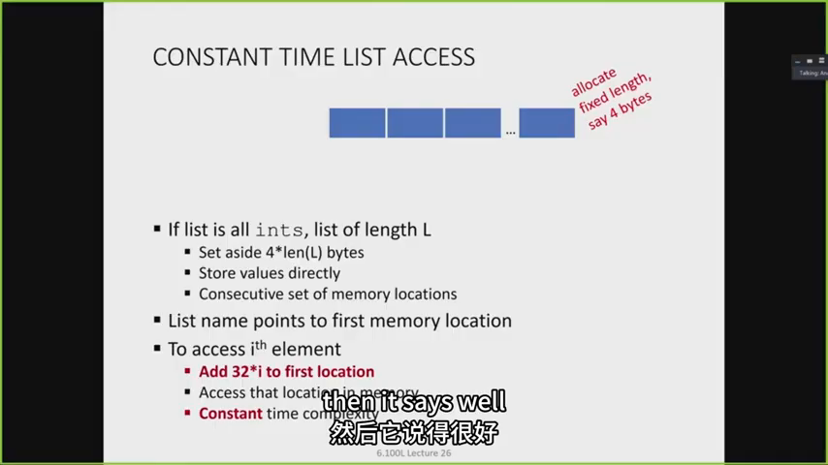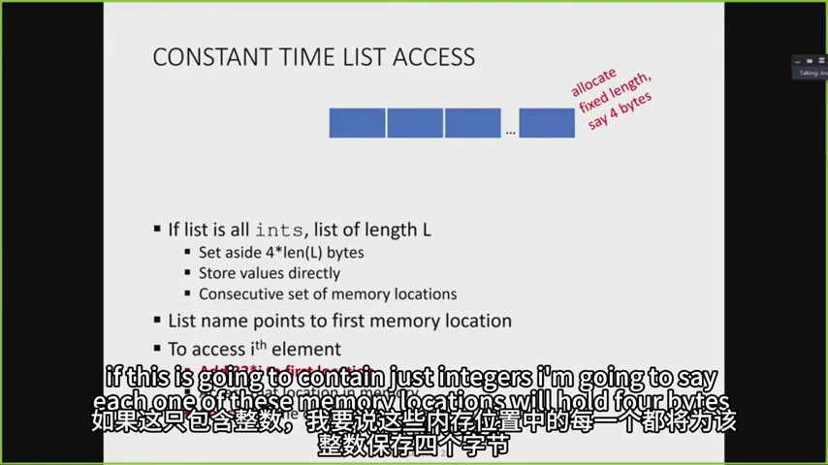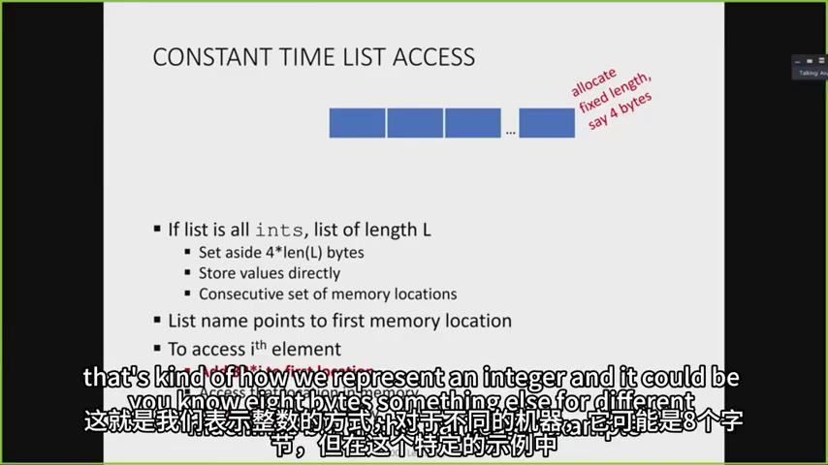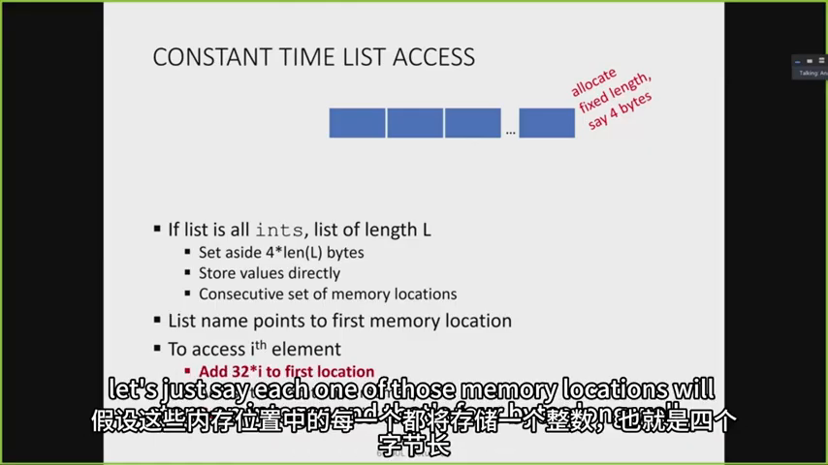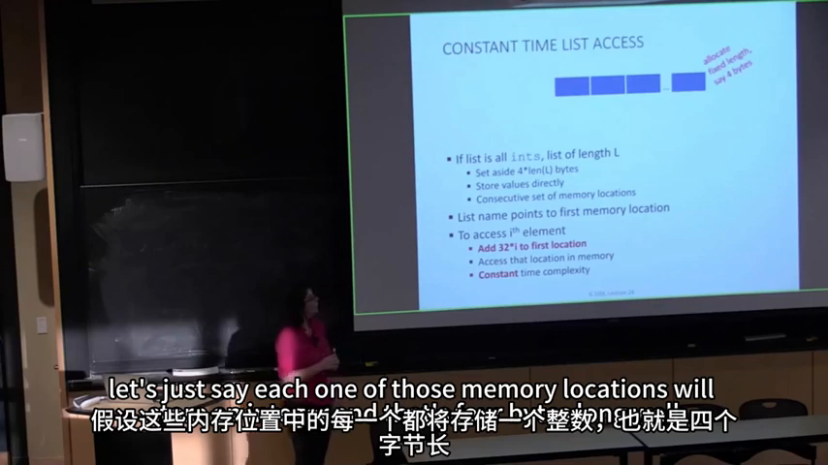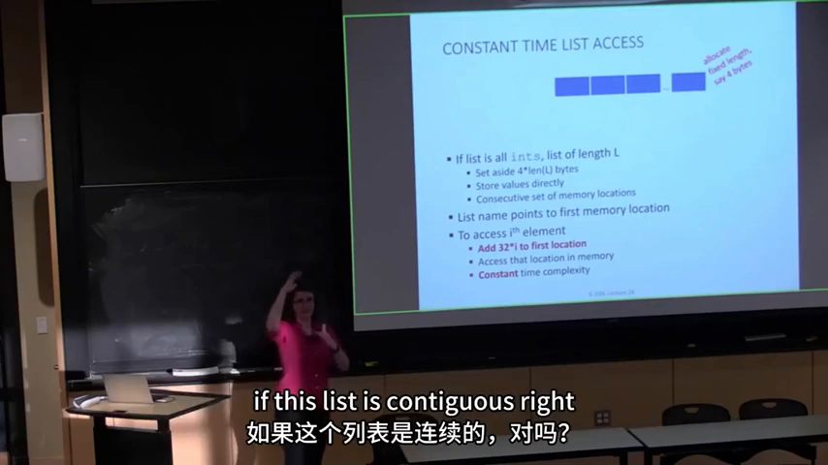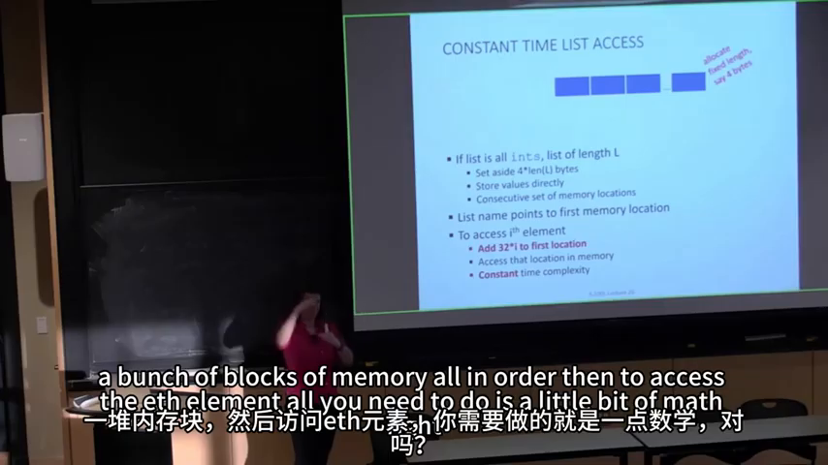Then it says, if this is going to contain just integers, each one of these memory locations will hold 4 bytes for that integer. That's how we represent an integer. It could be 8 bytes, or something else for different machines. But in this particular example, let's just say each one of those memory locations will store an integer, and that's 4 bytes long. Well, if this list is contiguous, a bunch of blocks of memory all in order, then